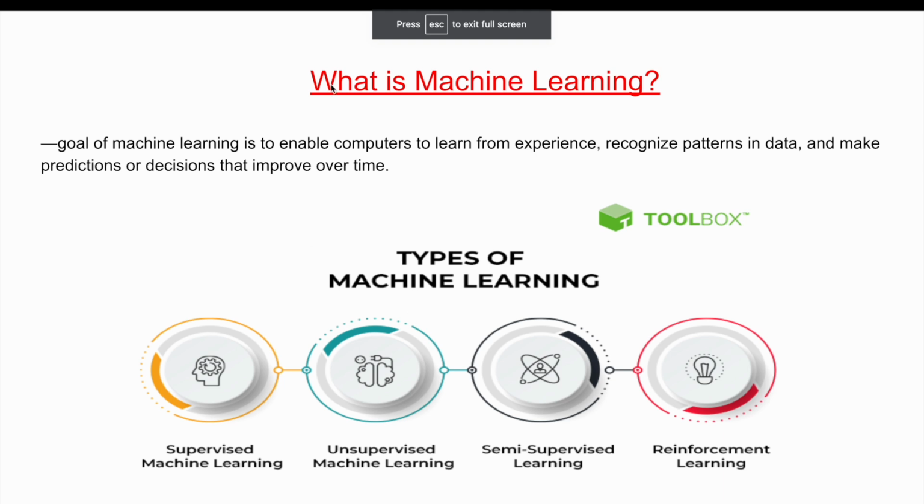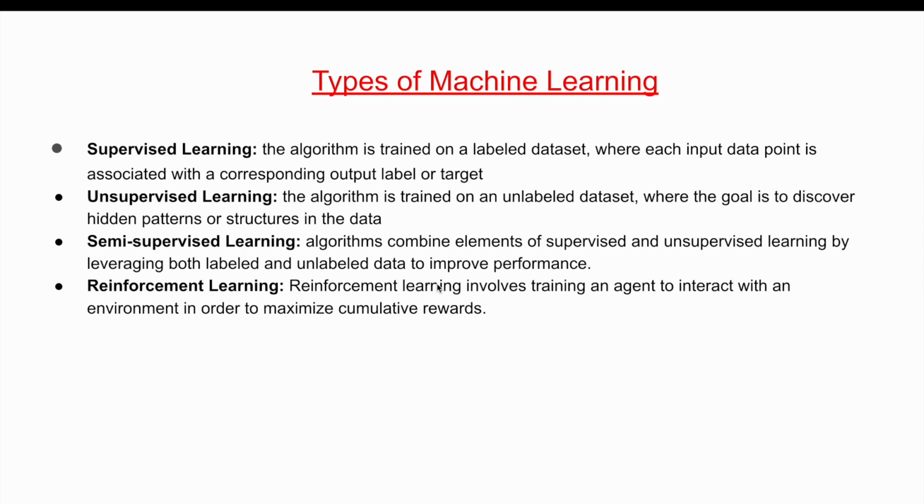Alright, welcome back. We were talking about the different types of machine learning. We saw that we have supervised learning, we have unsupervised learning, we have semi-supervised learning, and we also have reinforcement learning. So in supervised learning, if I can say, is that in supervised learning, essentially,